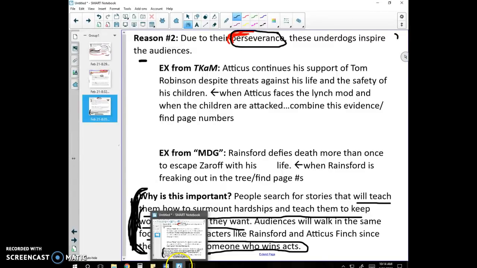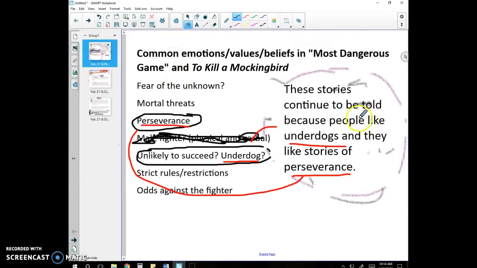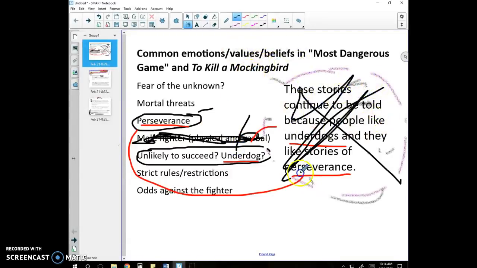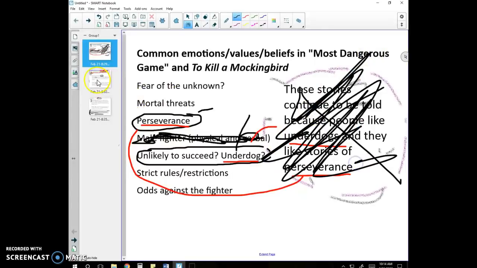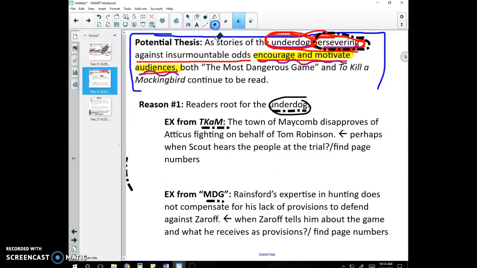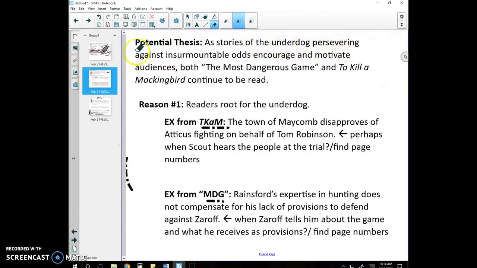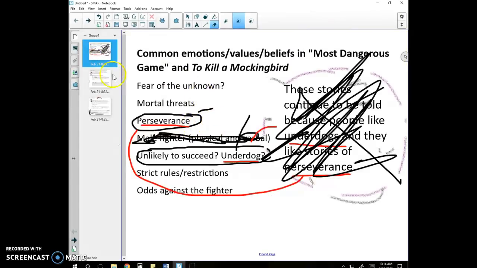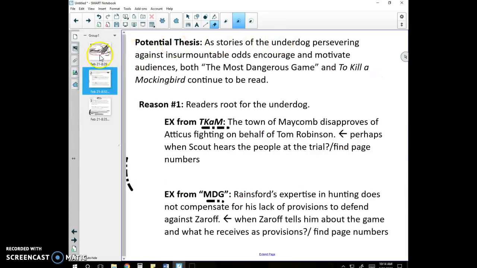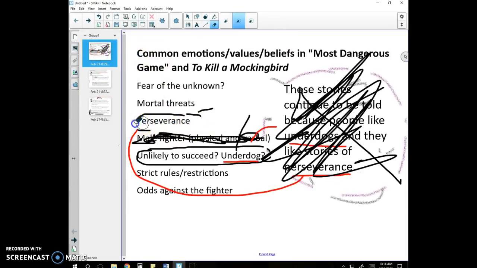And so this presentation was intended to let you know that you should start doing some brainstorming on what some different values and beliefs are. Develop a thesis, but avoid a vague list of topics. Try to have a thesis statement that instead shows a relationship between the things that you brainstormed. Don't just say, oh, I'm going to talk about this perseverance and